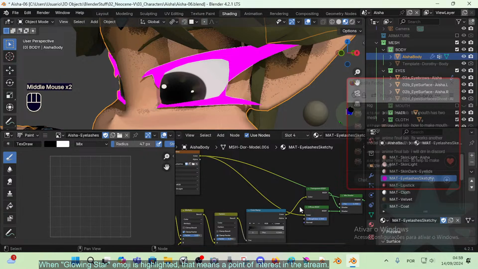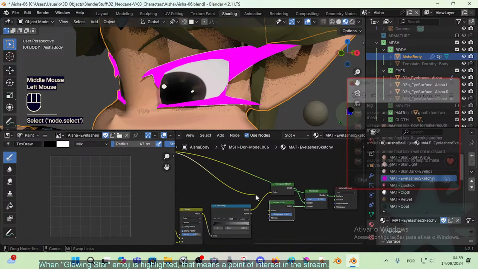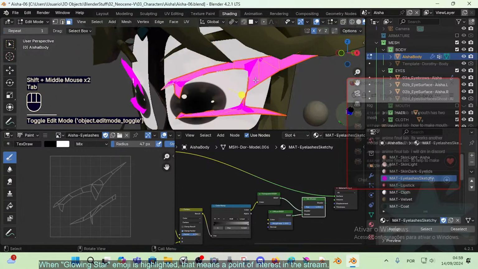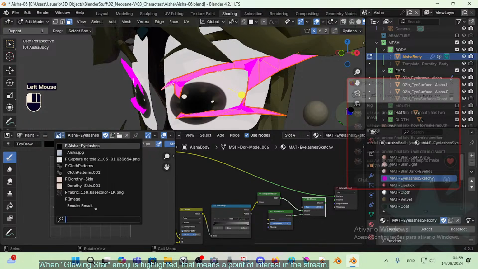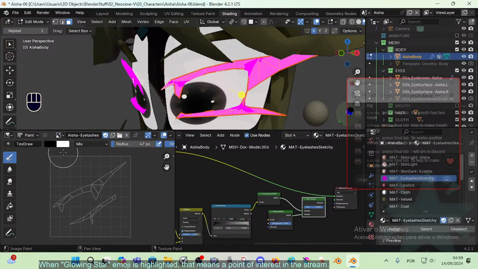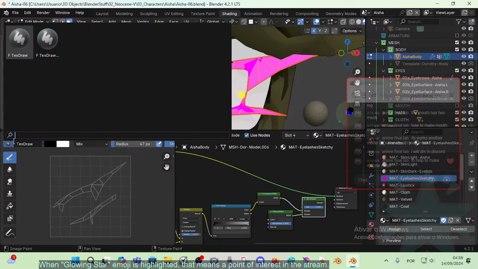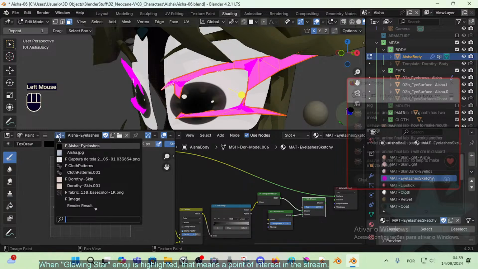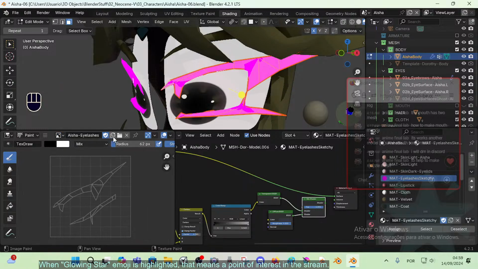Which is strange because I'm exactly trying to create an image texture for this. Why can't I paint here? So one of those mysteries. Okay, maybe I try to